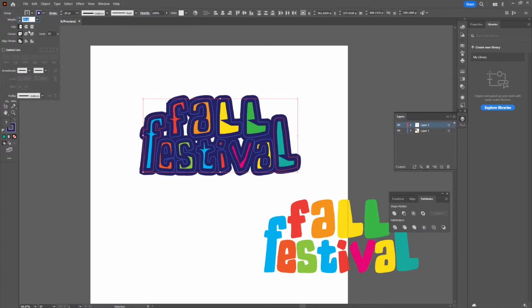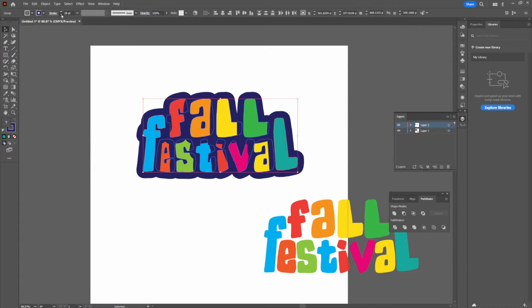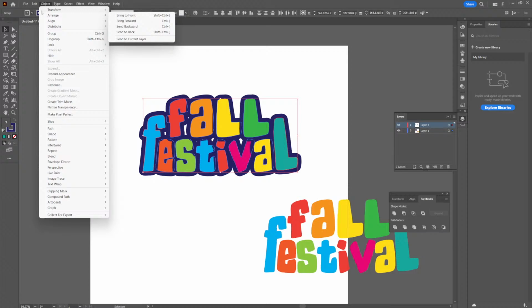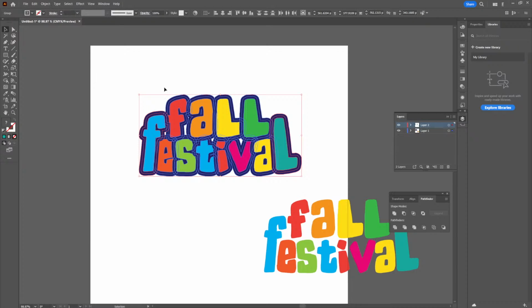And I'll go under my stroke option here and choose this option because I want the corners to be curvy and not sharp. All right, so then let's make it out like that, and I'm going to reduce the size a bit, just like that. And let's see, I think it's okay this way, or maybe I should just make it go down a bit. Or this is fine. So I'll go to objects and select expand appearance,